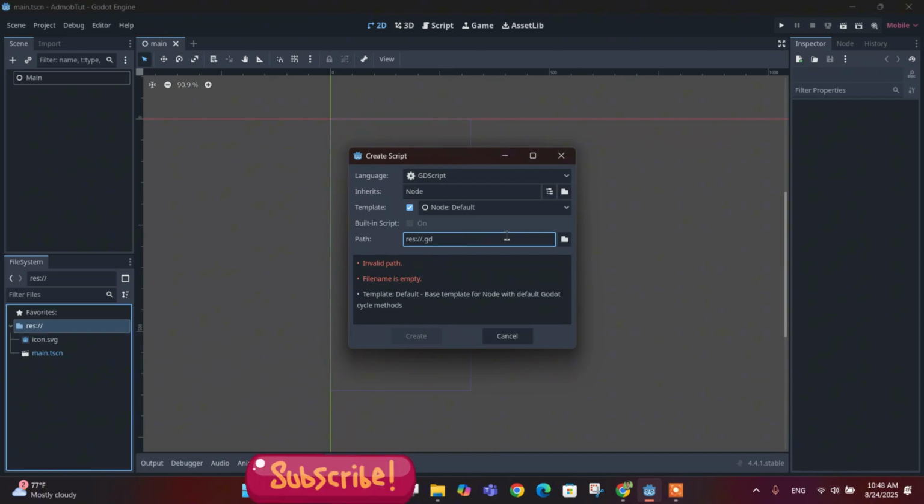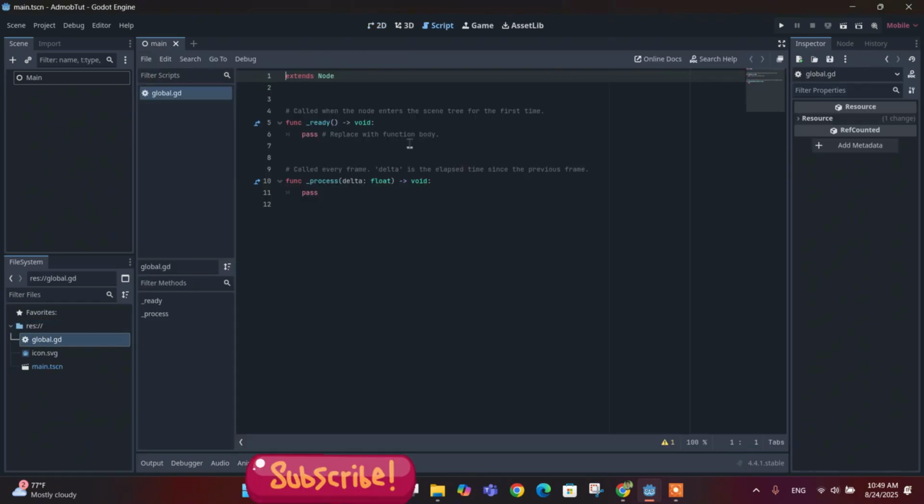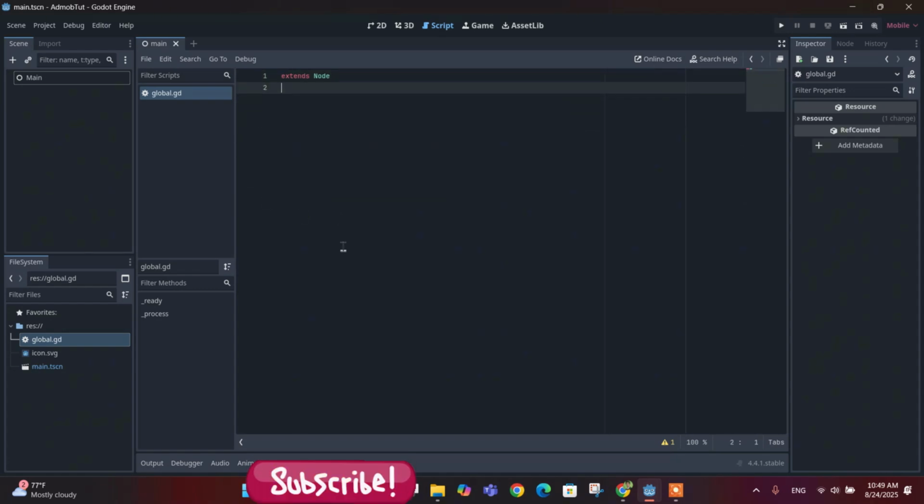I'll just write global, and create. So we have created a global.gd script here. We don't actually need these two functions right now. Save it. This will be the global script, and to make it global, or autoload this global script, we